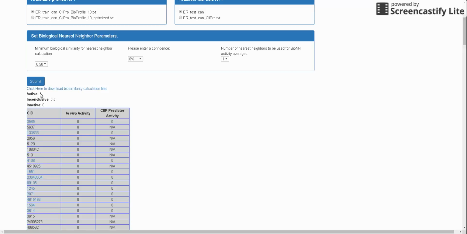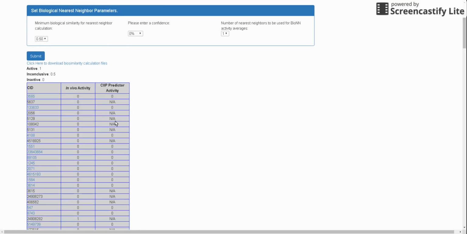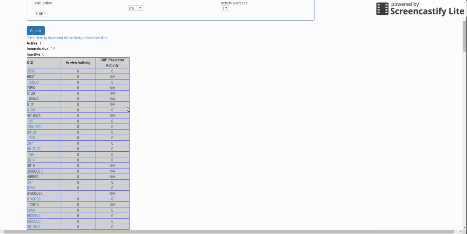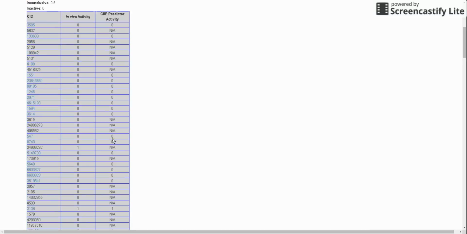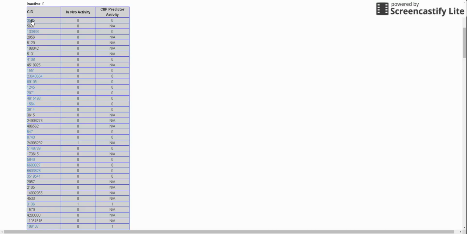We see here that an inconclusive prediction is 0.5, an active prediction is 1, and an inactive prediction is 0. For compounds that did not meet the biological nearest neighbor parameters that we set while making predictions, they will receive a prediction of NA. And all the predicted activities will be right in this column. And any compound that has an activity can be